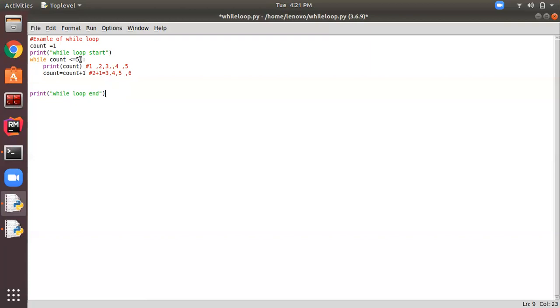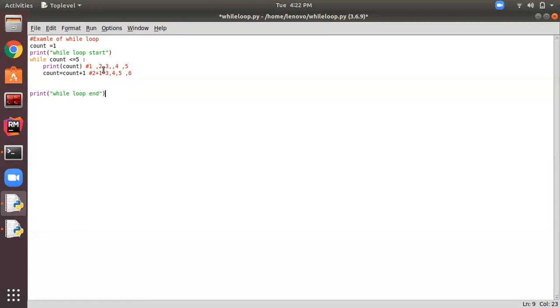So here we know in advance how many times the loop will be executed, since the terminating condition we have given is count should be less than or equal to 5. As soon as count becomes more than 5, that is, it gets the value 6, it comes out of the loop. So our loop executed 5 times.